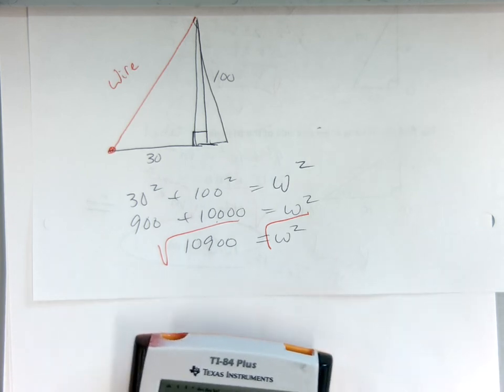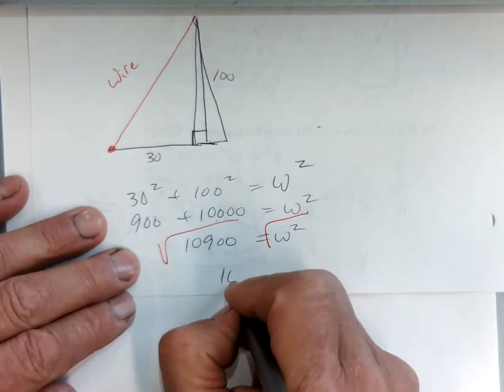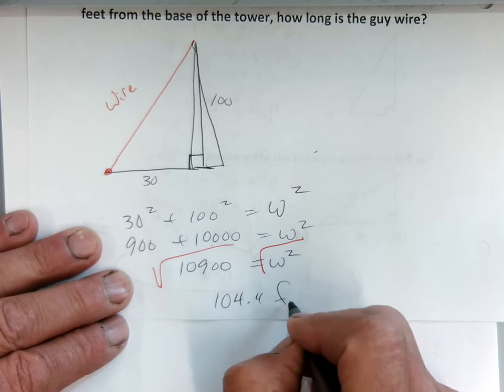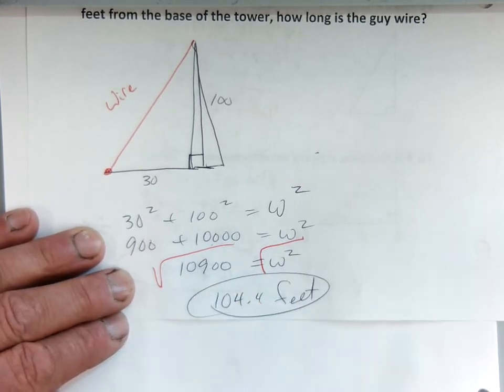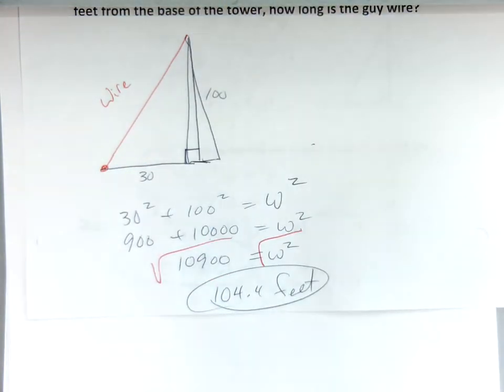Yeah, 104.4 seems right. 104.4, and that'd be in terms of feet of wire, okay? What do you think? Pretty easy? I mean, we should know Pythagorean Theorem by now. I believe the middle school teachers do teach this, right? Hope so. If they don't, then I'm